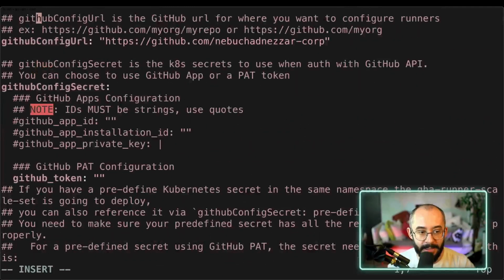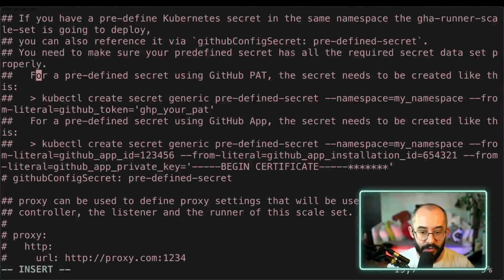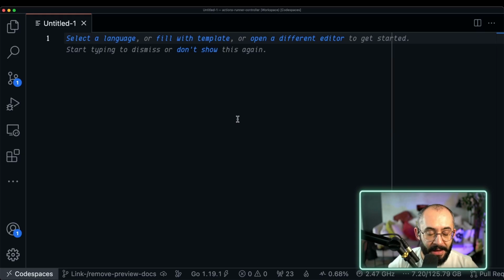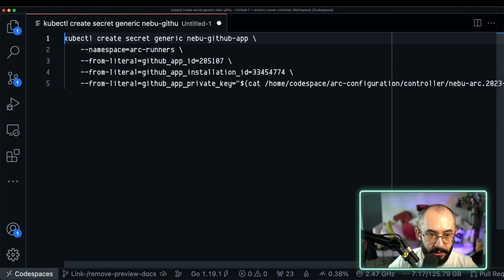So we're going to create a secret that's going to contain our GitHub app values, and then we're going to add the value of this secret, or the reference for this secret, in our values.yaml file. And the way we're going to go about creating this secret, I'm just going to paste the command over here in this editor just for clarity's sake. So you can see here, we're going to create a secret. We're going to call it Nebu GitHub app, and then we're going to put it in the namespace